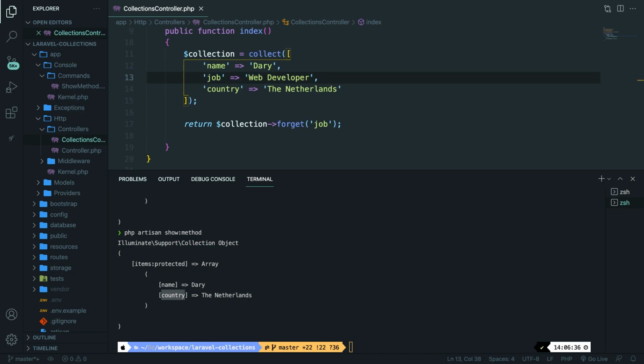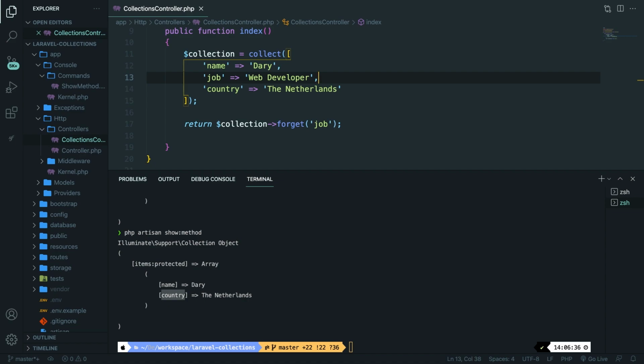All right, let's focus on some more complex methods right now. The first method I want to talk about is the each method, which is nothing more than a foreach loop that is wrapped inside of a higher order function. Whoa, let's rewind. What is a higher order function? You can see a higher order function as a function that takes another function as a parameter, returns a function,